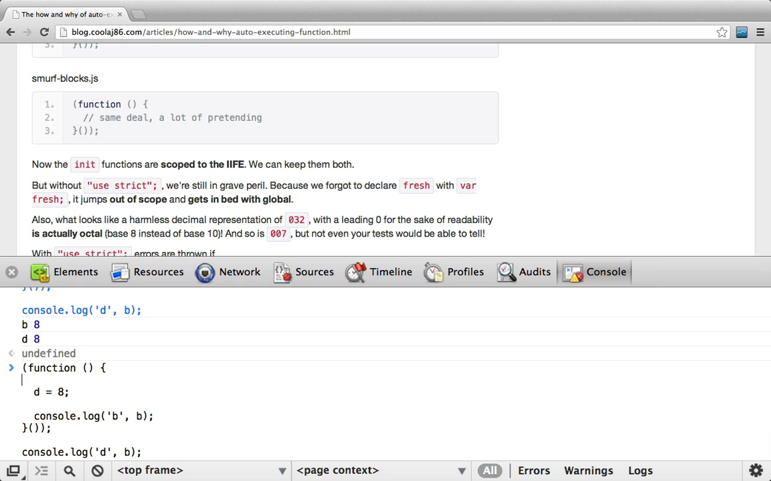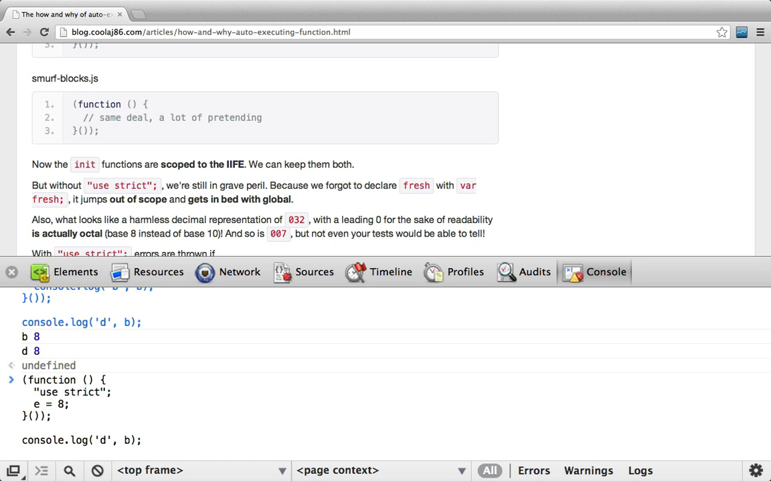If I put in use strict, however, and now I have to use a new variable name because the global space has been polluted with a d. So let's go ahead and go to e, and I run this with use strict. Now when I run it,